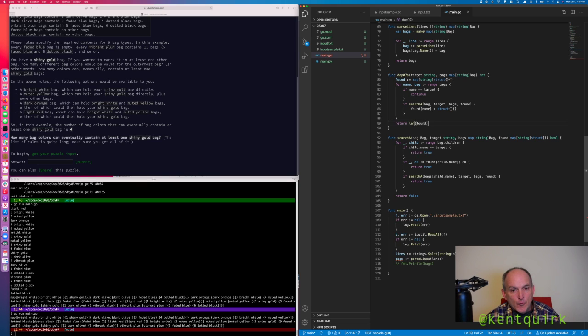If the result was true, then we add it to the found list and we call for the next one. So we're basically walking through the list and periodically adding items to the found list. And when we're done, we're going to have in the found list the names of all of the bags that could contain a gold bag. And so we can just say, how big is that list? And return that number. So now that we have parsed our bags, we're going to do a